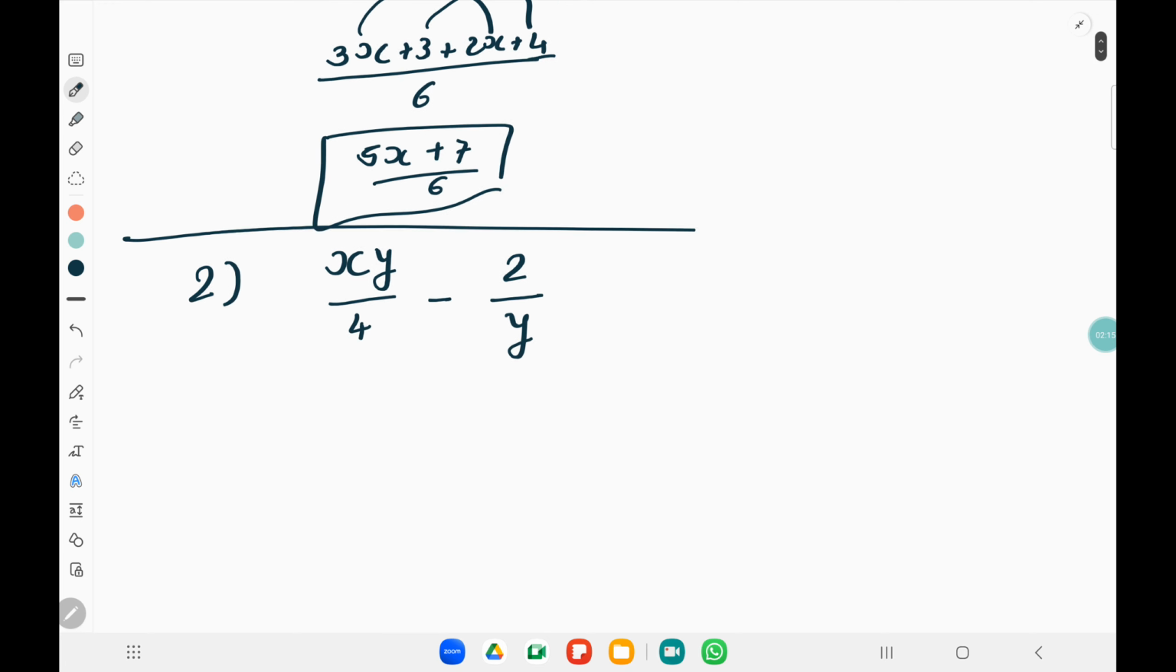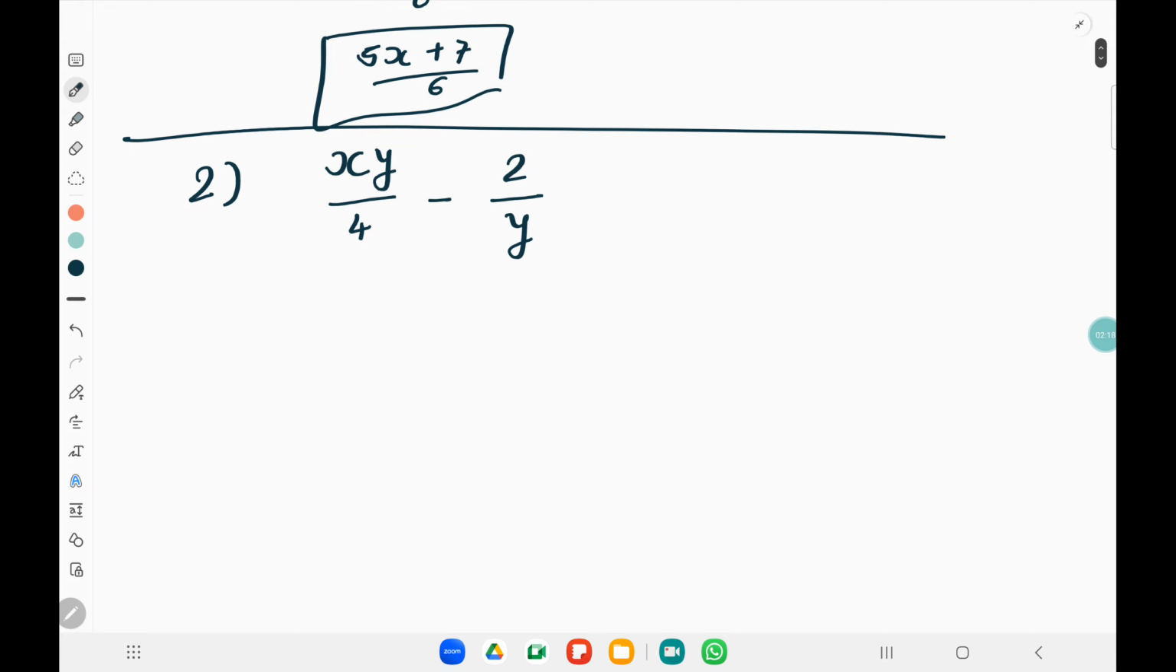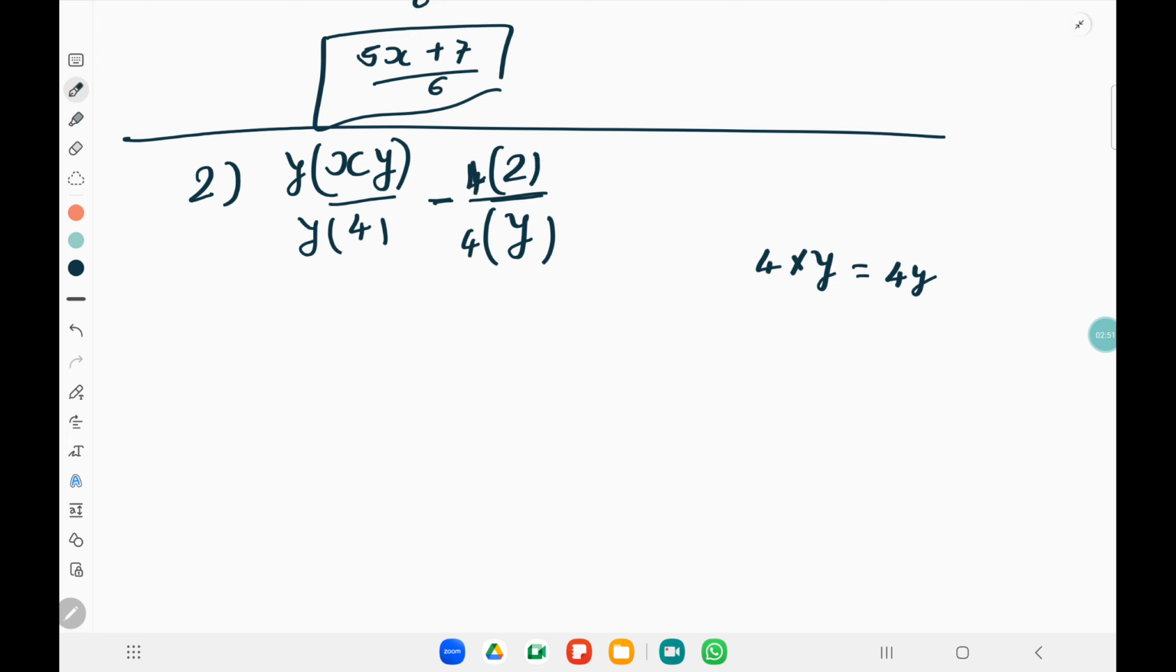Let's move on to the next question. Here, we have to subtract both fractions. So first of all, let's check the denominators, 4 and y, which are not the same denominator. So first of all we find the LCM. So 4 times y, which is 4y. For the first fraction we have to multiply top and bottom both by y, and for the second fraction we multiply top and bottom by 4 to make the denominator